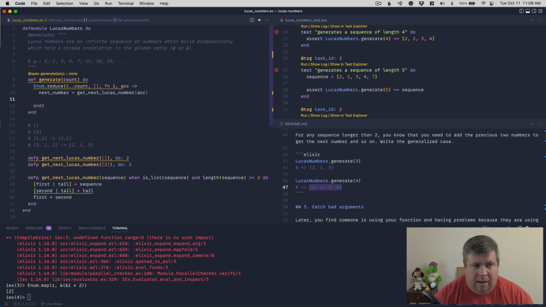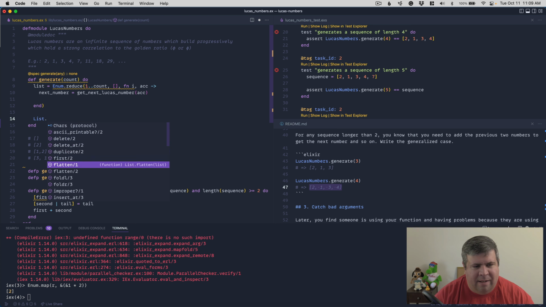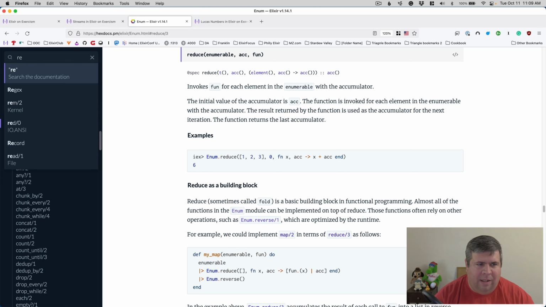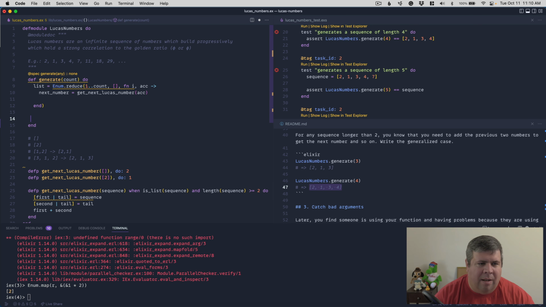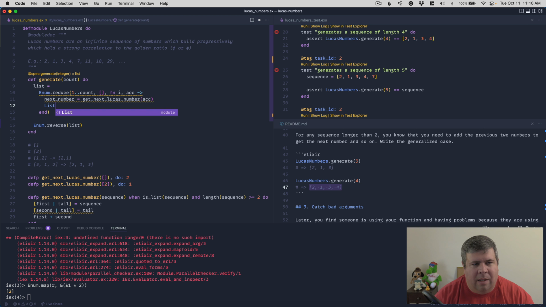And then reversed list. We'll capture the list up there because we're going to need to reverse it down here. List dot reverse, flip, flatten, fold. What is it? Last, pop, replace. Crap, I'm missing it. Reverse? String reverse? Enum reverse. Okay. Enum reverse. And list. Okay, so we'll get the next number, and then we need to list dot